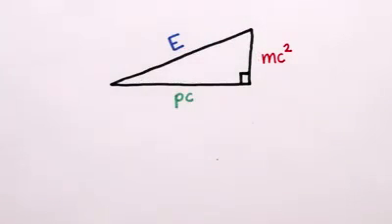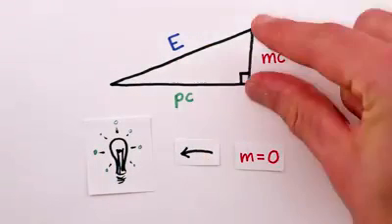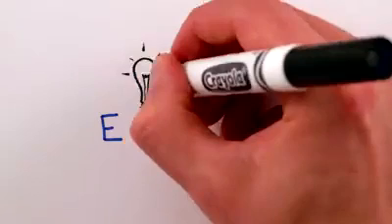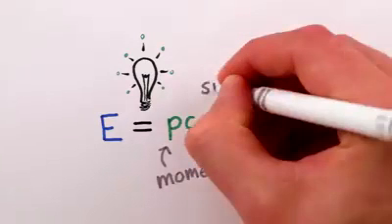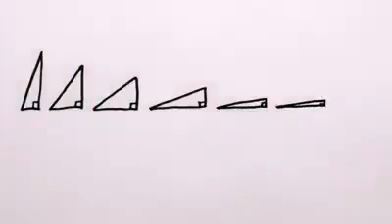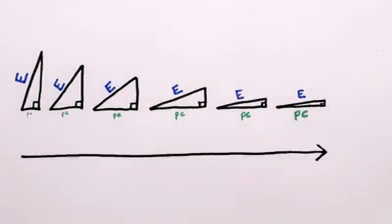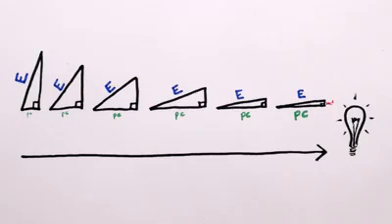On the other hand, if the particle in question is massless, like light, then mass is 0 and we get E equals p times c. This tells us that the energy of a massless particle, like a photon of light, is the same as its momentum, up to a factor of the speed of light. In fact, the closer the energy of something is to p times c, the closer that something is to behaving like light. I mean, look here, this tiny little bit of mass is hardly mass at all.